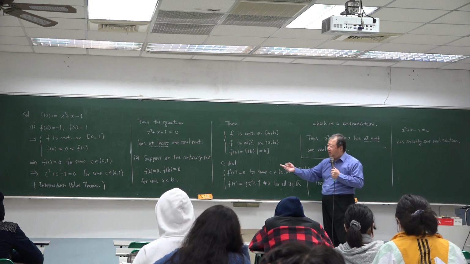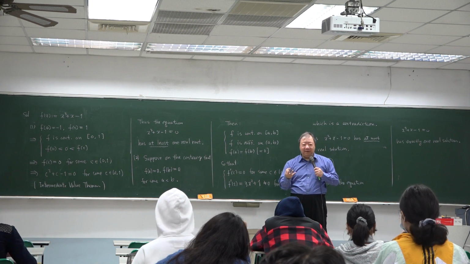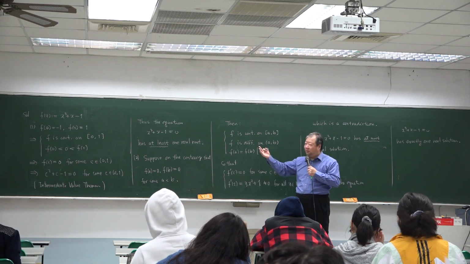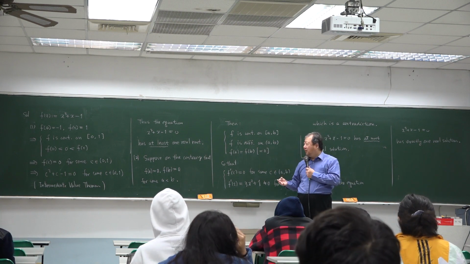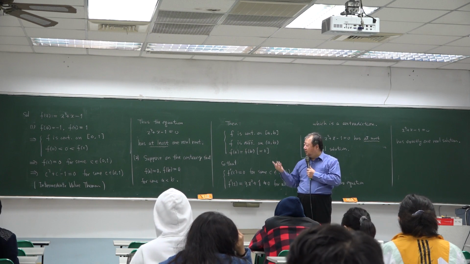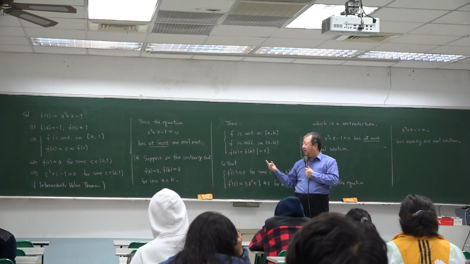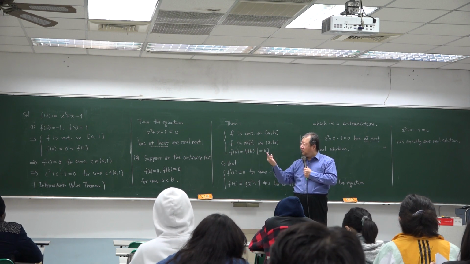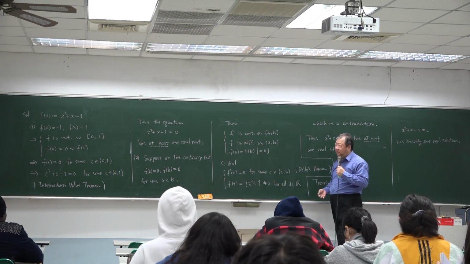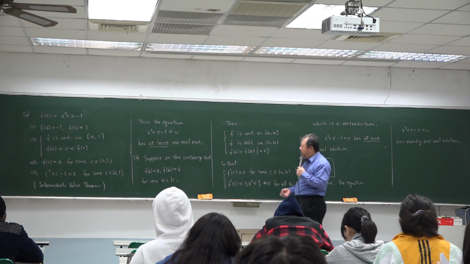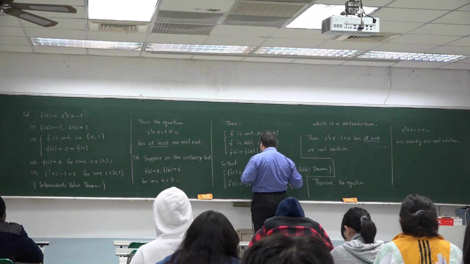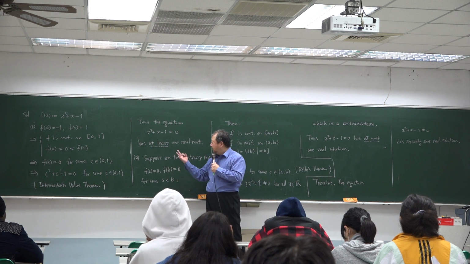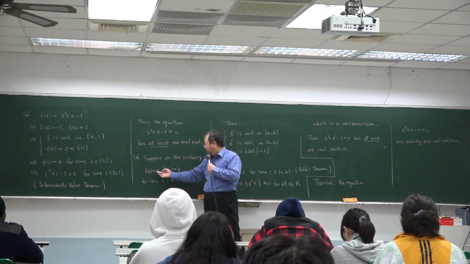By intermediate value theorem, if you choose a good function and then choose the right numbers, you can show this equation has at least 3 real solutions, and use Rolle's theorem. You can suppose f of a equals f of b